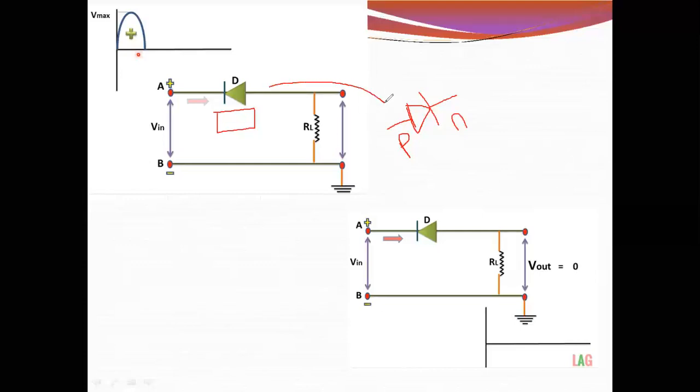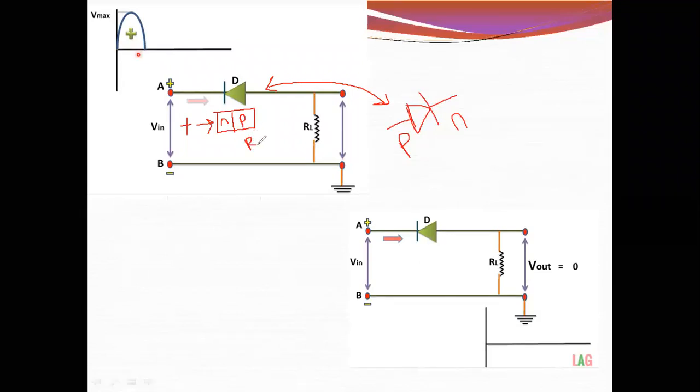What is the symbol? The symbol is in the opposite direction, reverse. That means when I apply positive to this diode, what happens? Here this terminal is N, this terminal is P. If I apply positive amplitude to this N, then what happens? If the positive terminal is connected to the N type, automatically it will become reverse bias.